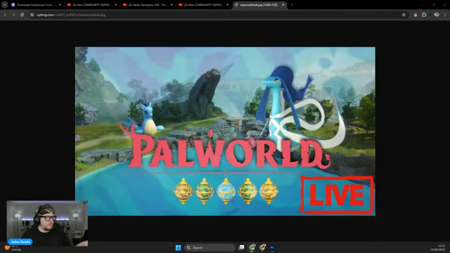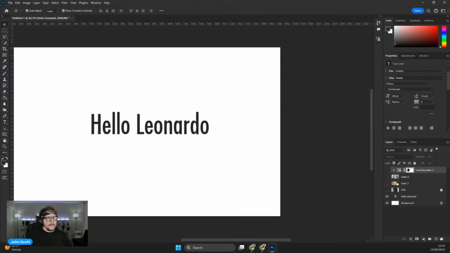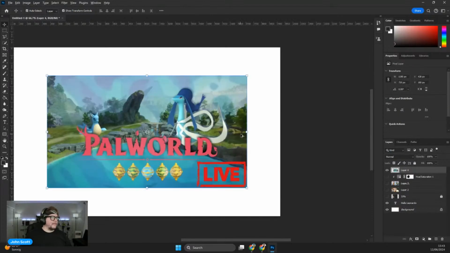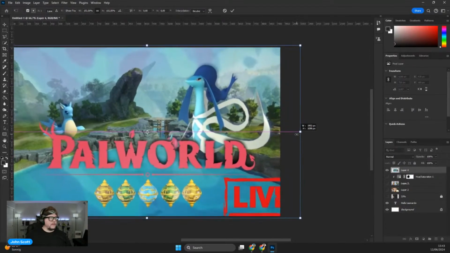Now, these little things down here, sorry, I don't play the game. I assume that they're part of the logo too, but they could be removed and Power World could be pushed down into the blue. It's just like a negative space thing, if that's what you're going for. What I would personally do is take this and actually use AI. I'll show you what I mean, just real quick.